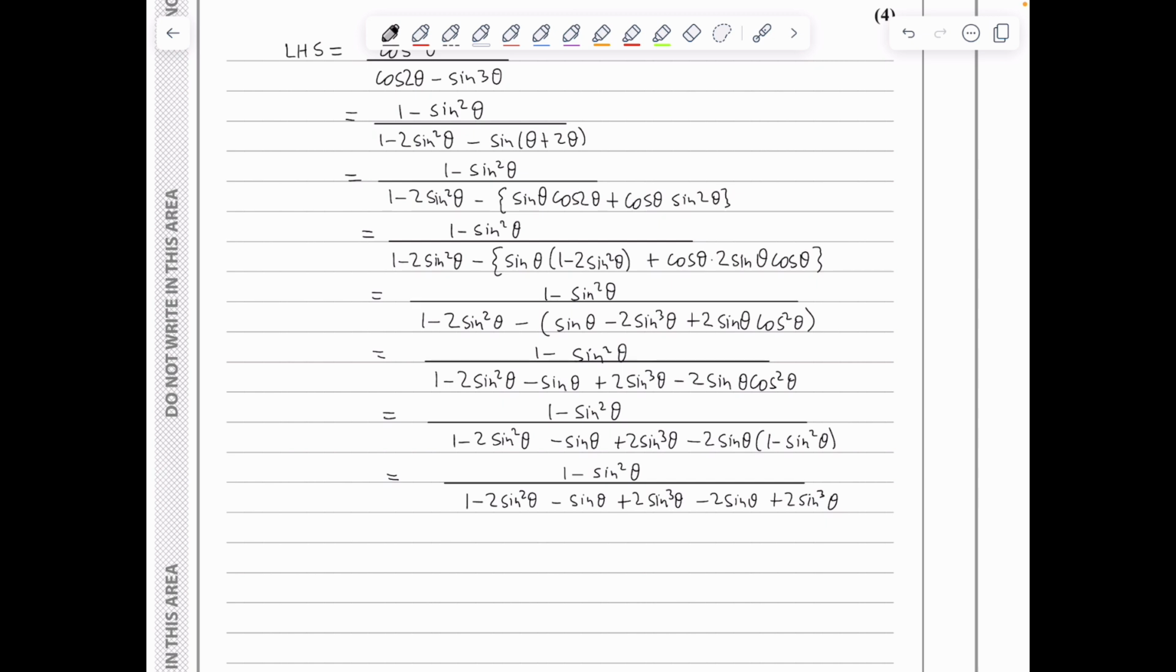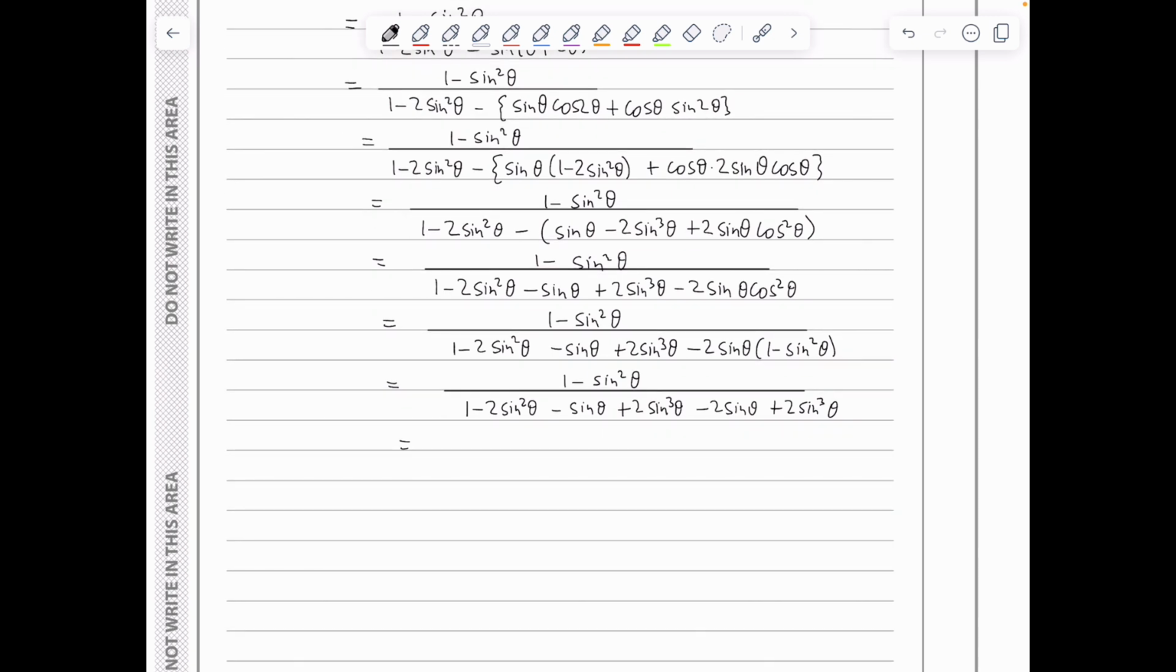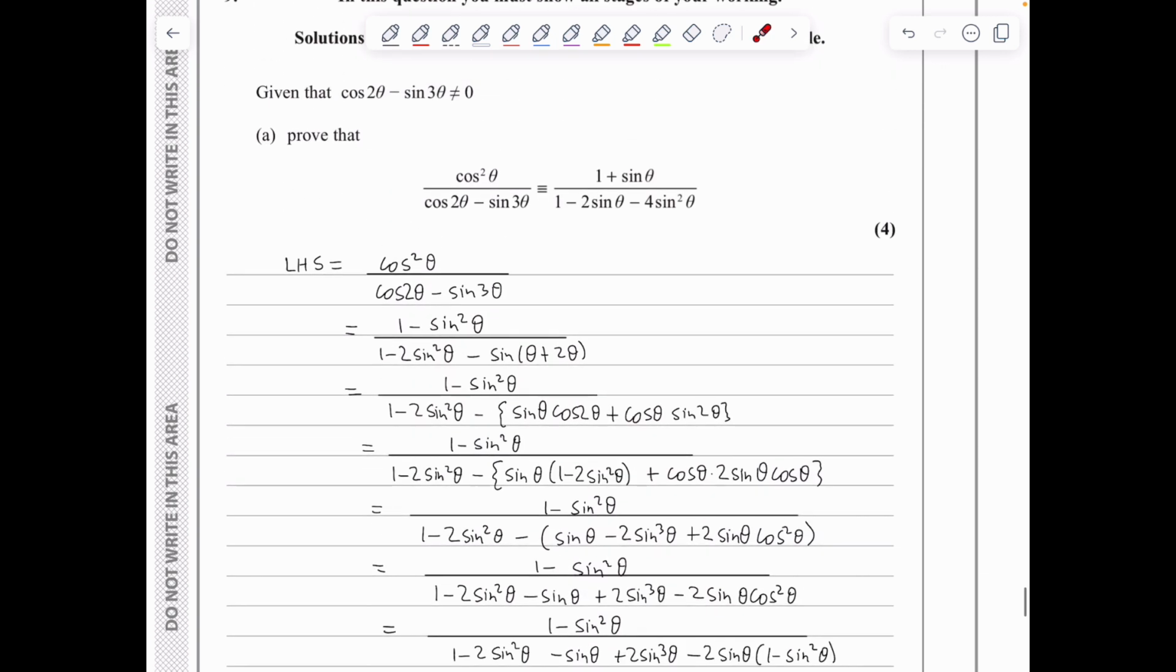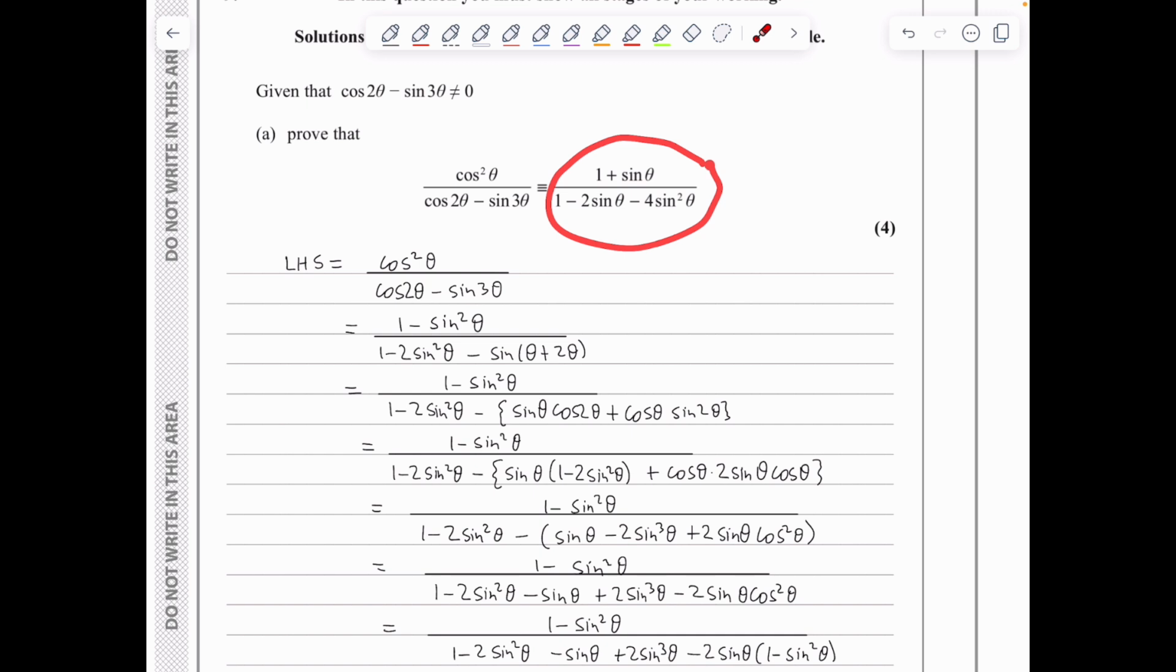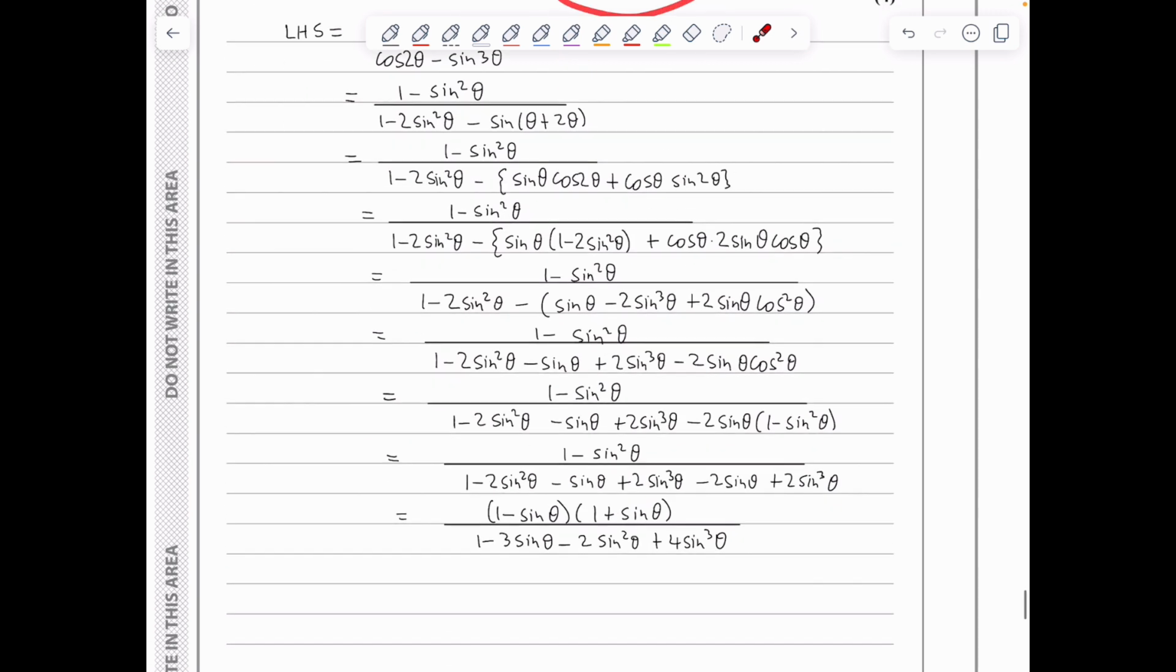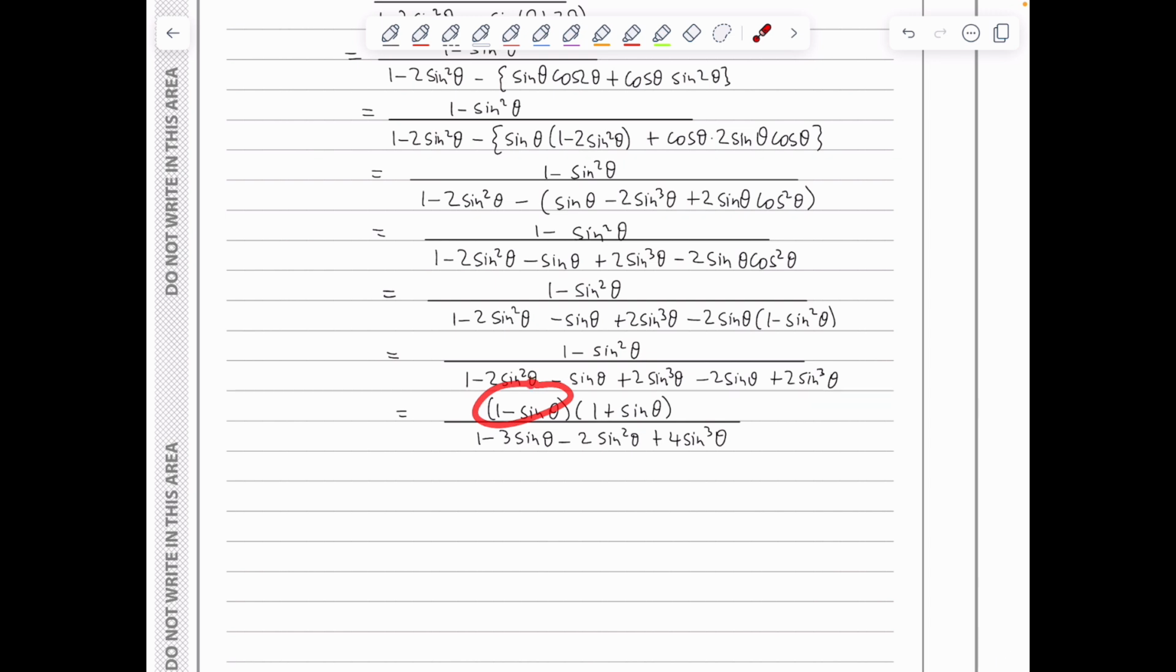I will also factorize the numerator. So the numerator is a difference of two squares, which is 1 minus sine theta times 1 plus sine theta, over the denominator, which simplifies to 1 minus 3 sine theta minus 2 sine squared theta plus 4 sine cubed theta. Well, looking at what we need to arrive at the given identity, we've got on the right hand side 1 plus sine theta in the numerator, which means that the 1 minus sine theta should disappear. And the only way for it to disappear is if there is a common factor of 1 minus sine theta